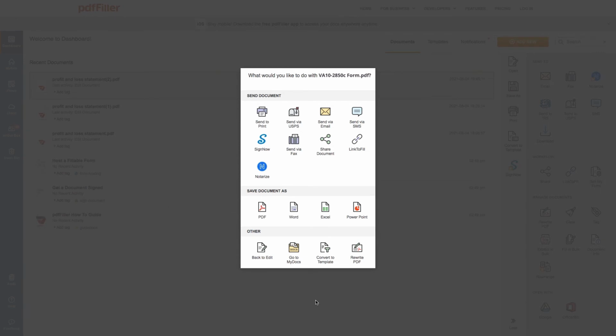Choose what you'd like to do with your document next. Print out the resulting document, share it with anybody via email, fax, SMS, USPS, or shareable link, send it out for signature, save it to your device, convert it into a template, or continue editing your